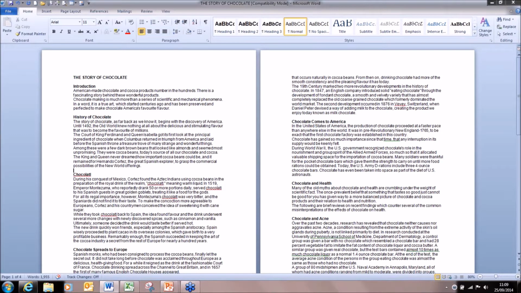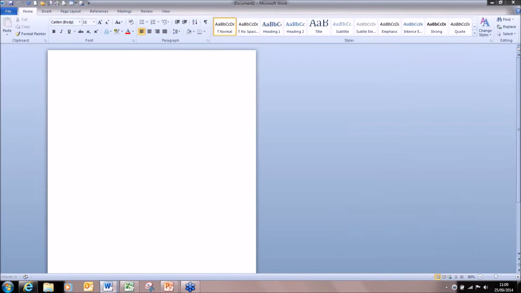The first thing I want to show you in Word is really an issue which a lot of people haven't liked in the newer versions of Word. So I'm just going to go into a new document and start typing, and as soon as I press enter, I actually get a gap. Some of you might have experienced this already and probably pulled your hair out trying to get rid of this gap. And if I highlight the information,